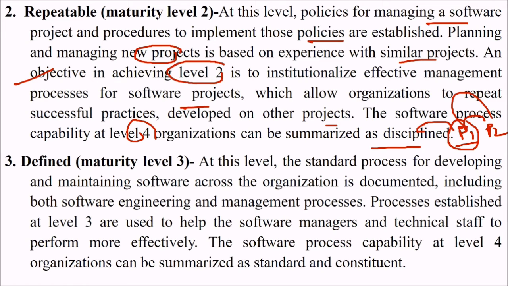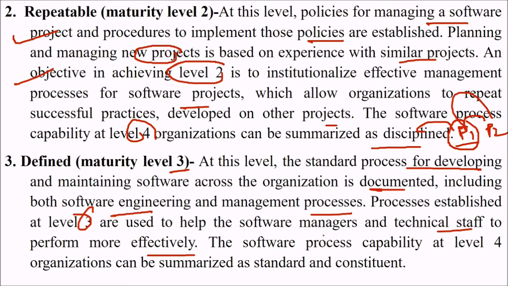This is also reactive, and the policies are just there, and it will lead to a successful completion of the project. So that is why maturity level 2 is okay. But now maturity level 3 says what? The standard process for developing and maintaining software across the organization is well documented, including both the software engineering and the management processes. So even the software engineering and the project management processes are well established and well documented, well organized, and the processes established at level 3 are used to help the software managers and technical staff